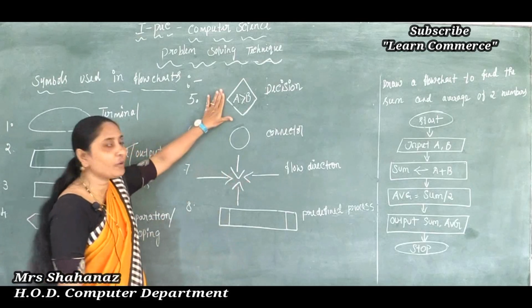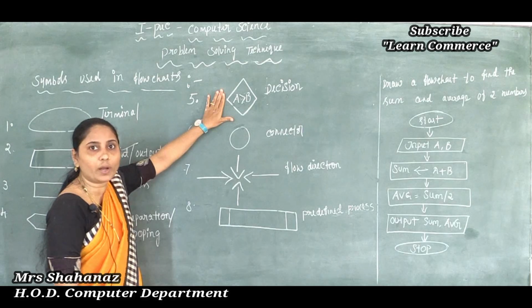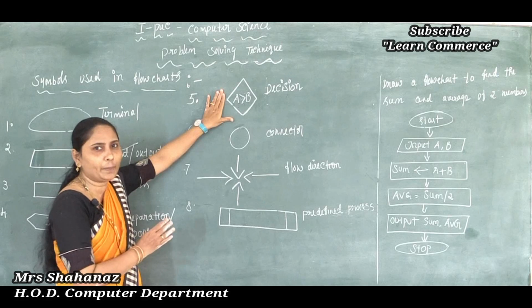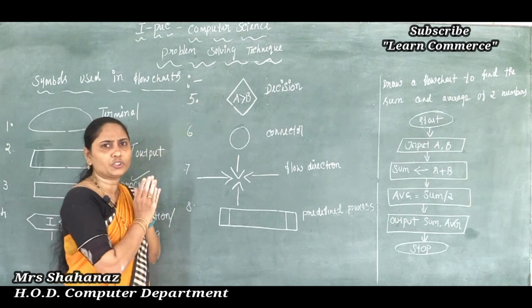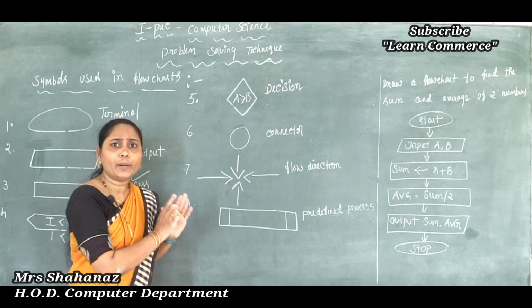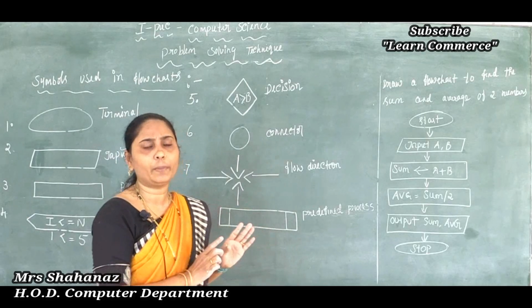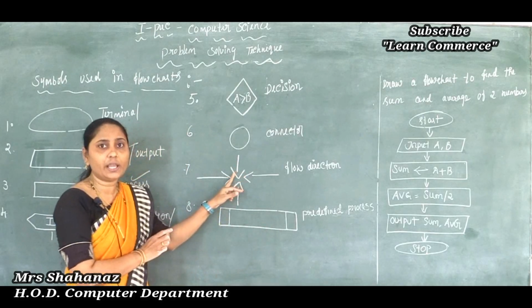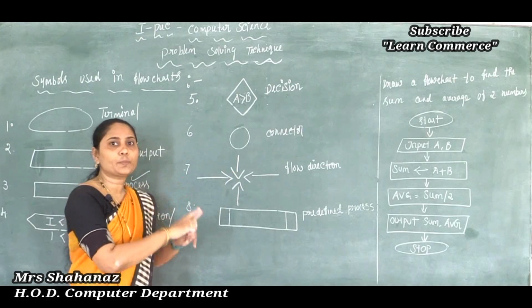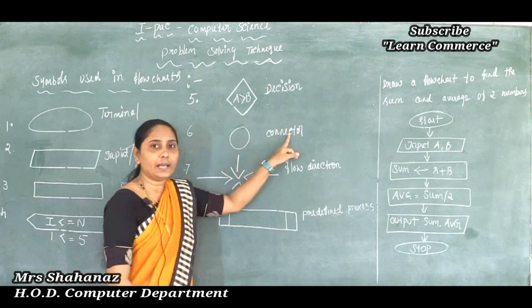Maybe if your flowchart is very big, we can't complete it using just one page. Sometimes a flowchart cannot be completed on one page. If it is a normal or very small flowchart, then okay, we can complete it using one page of the note. But if the flowchart is very lengthy, it is not possible to complete it using one page. So we are going to make a connection from the first page to the next page using the connector symbol.